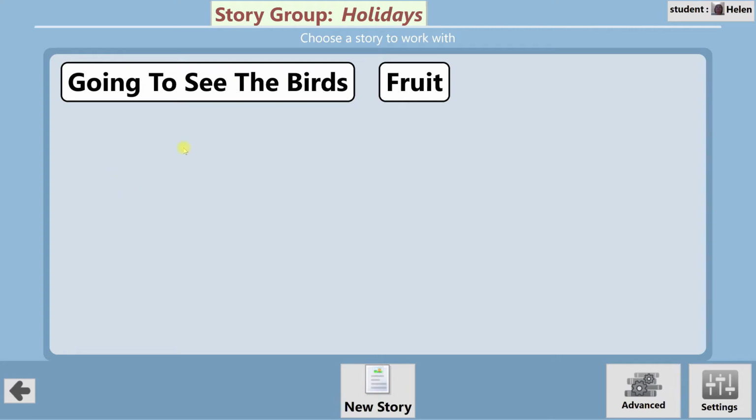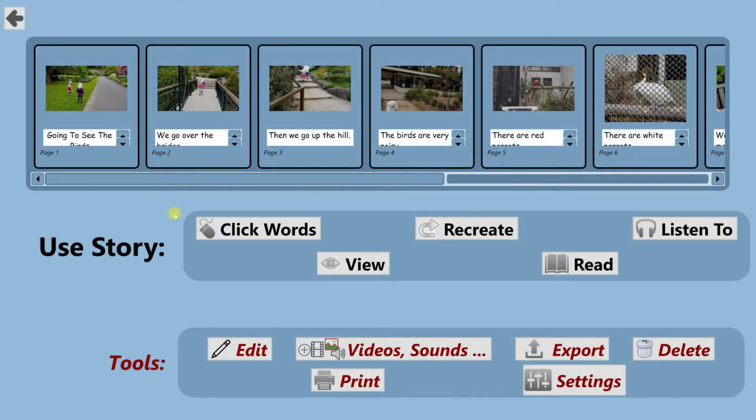What I want to do now is show you how you can actually use the stories you've created. So to use a story, we're in a story group called Holidays with the student Helen. I'm just going to click on the book and you come up with this screen, and it gives you lots of different options of what you can do